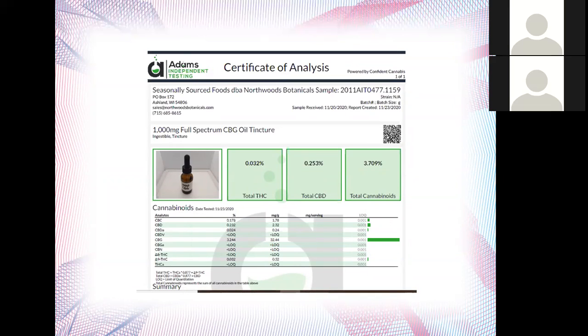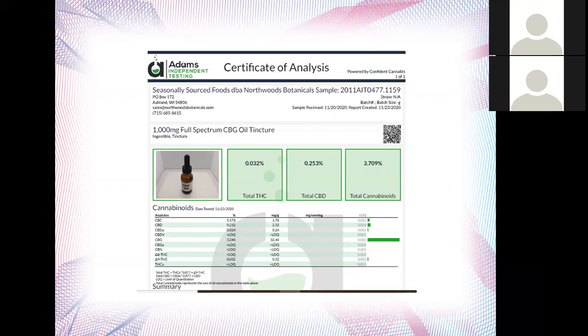We get our extract back. As we're formulating our products, we are getting certificates of analysis at every step of the way. And the certificate of analysis shows the cannabinoid composition, and so you can see here there's a lot of detail. I'm not sure how clear it is on everyone's screen, but there's different metrics that are indicated, and it's by percentage